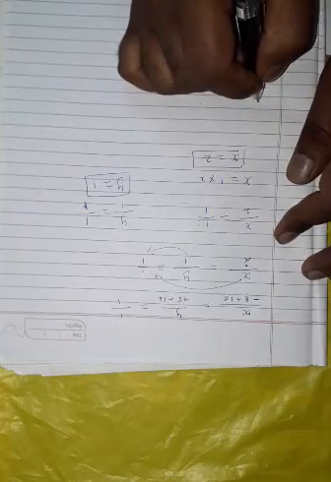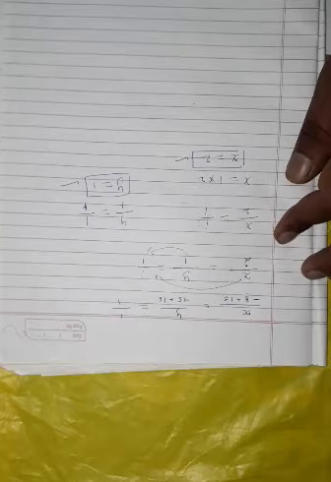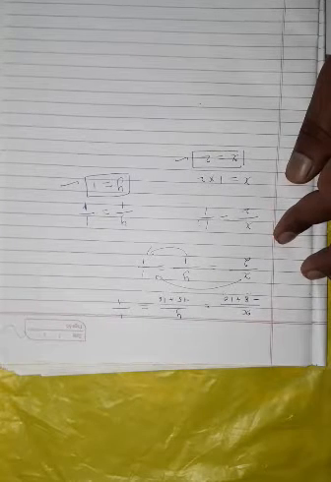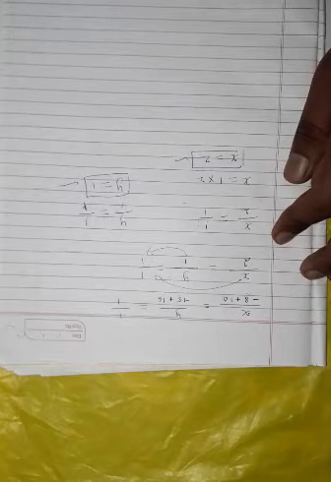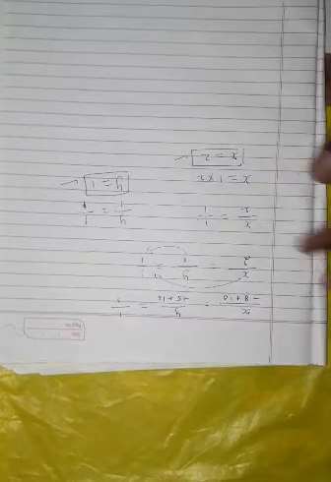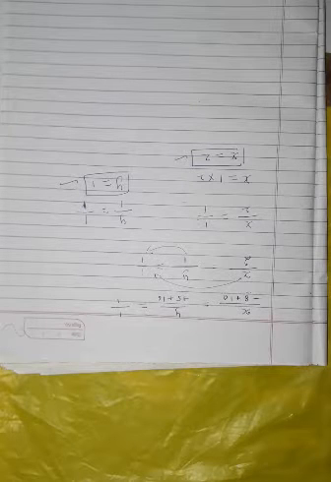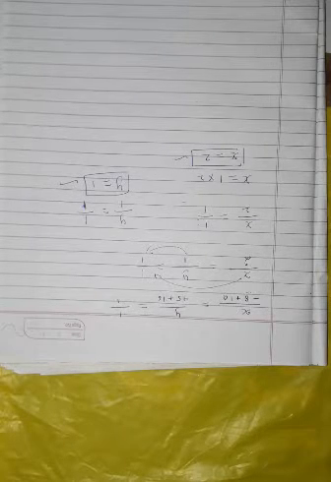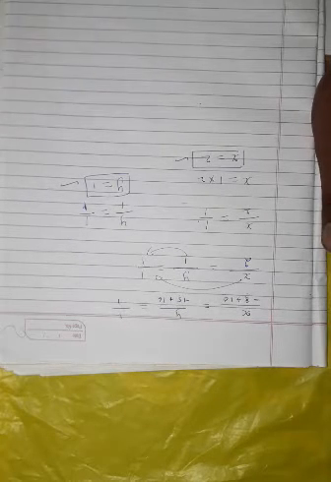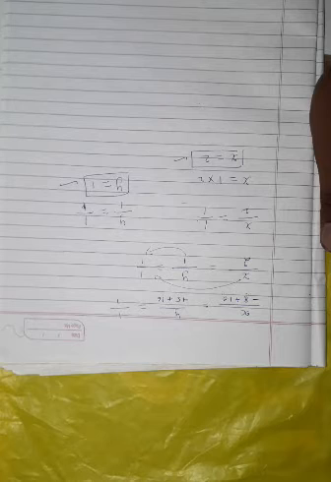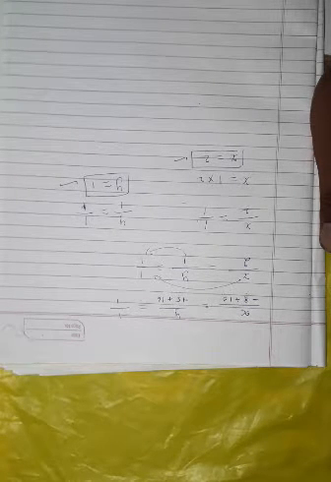So this pair of linear equations has one solution: x equal to 2 and y equal to 1. Now you have learned these three methods. Using these three methods, we can simplify pairs of linear equations by the algebraic method. And one more concept is there in this chapter, that is equations reducible to a pair of linear equations. It means, as the title itself says,